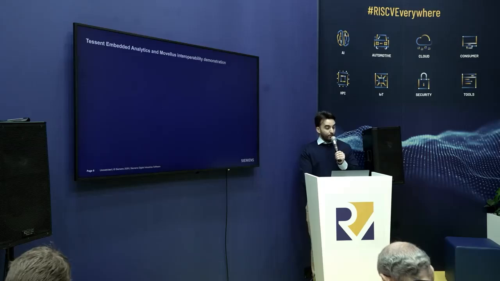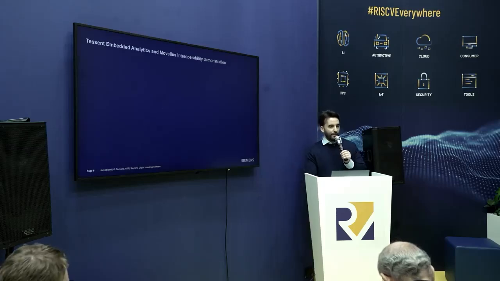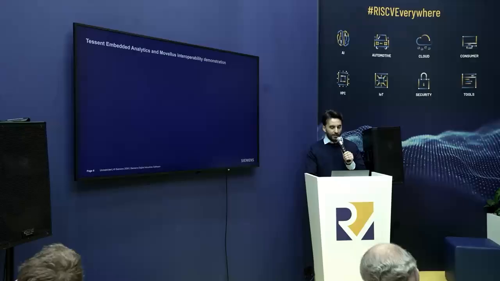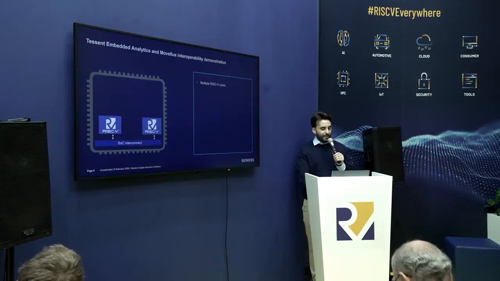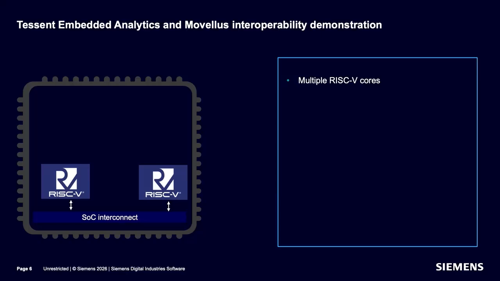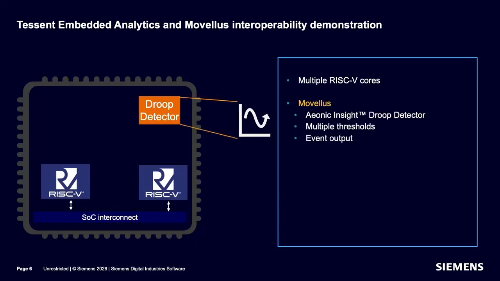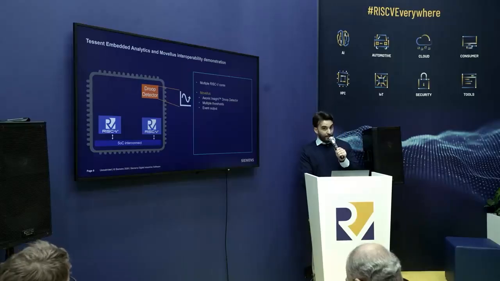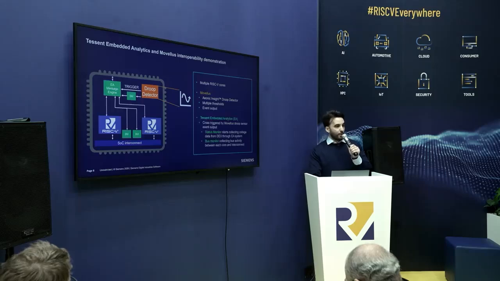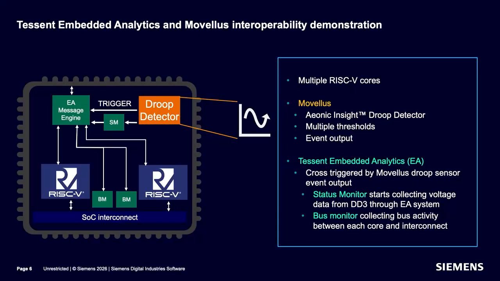So in collaboration with Movellus, we developed a system to demonstrate this and how this could work in life. So we considered a multiple core system. We also instantiated the Movellus Aeonic Insight Droop Detector, in which we can program different thresholds for voltage. So we set it so that if a voltage goes beyond a certain threshold, an event output is generated. Then we took that event output and used that as a trigger for our embedded analytics IP to